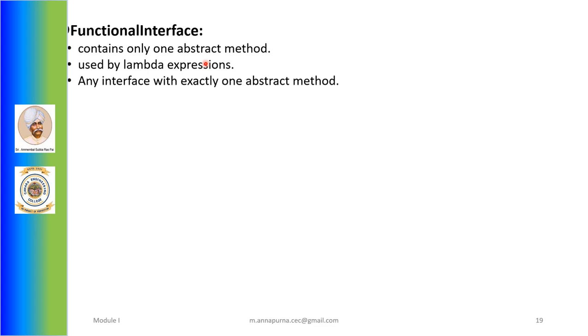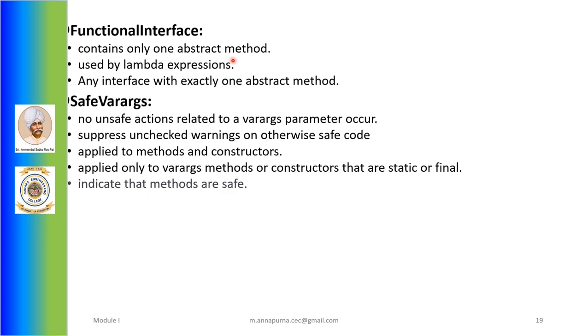If the annotated interface is not a functional interface, then a compilation error will be reported. It is therefore very important to understand that @FunctionalInterface is not needed to create a functional interface. Any interface with exactly one abstract method is by definition a functional interface. Thus, we can say that @FunctionalInterface is purely informational.